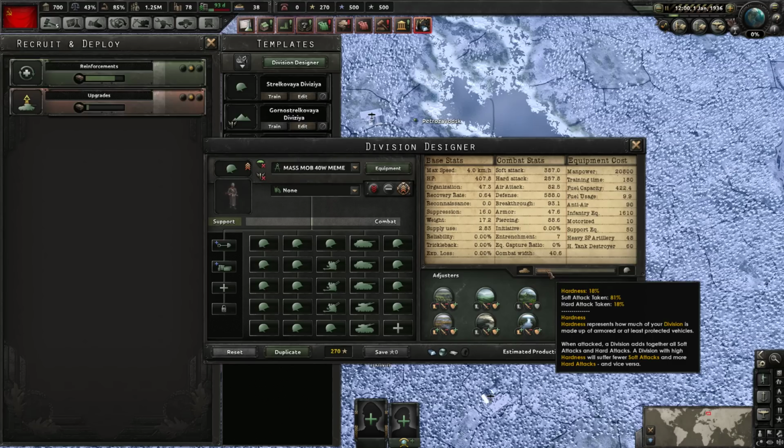Now, what did I go over? I went over why we have the heavy SPG. I went over why we have the heavy TD, but I didn't go over why we have the towed AA. Well, let me go over it now. So, here are the magic numbers for AA. Well, magic numbers specifically. If you have 80 air attack, you will essentially not have issues with